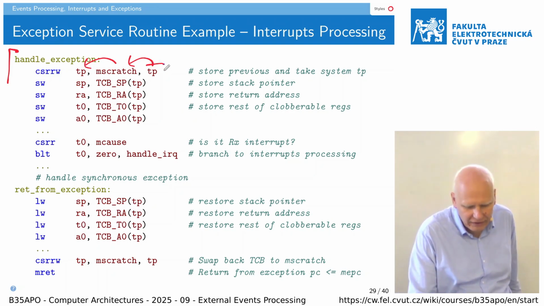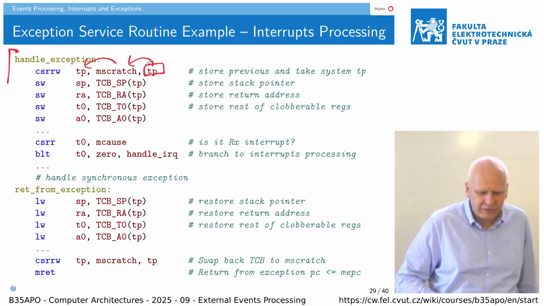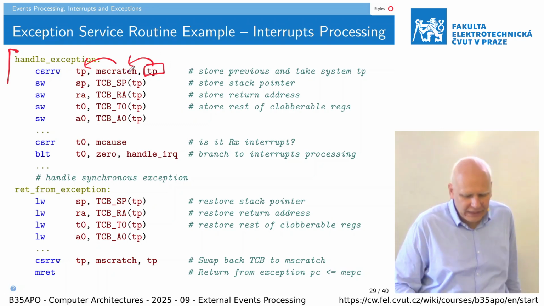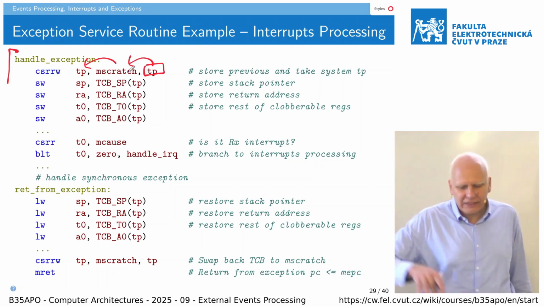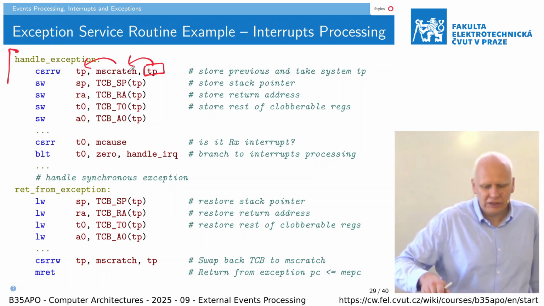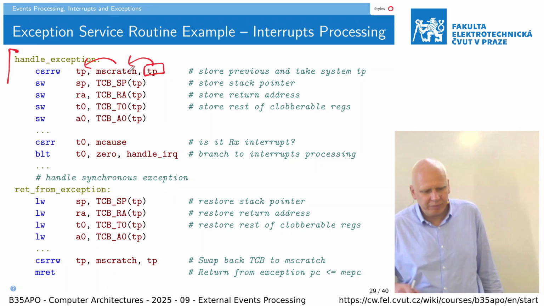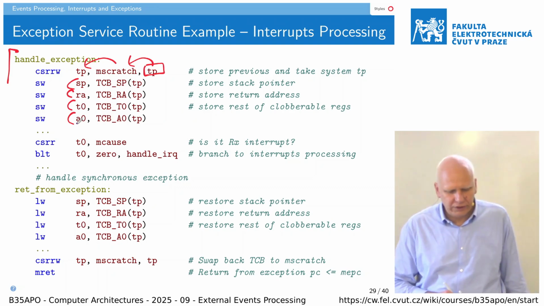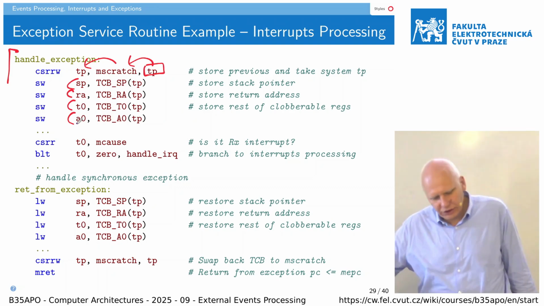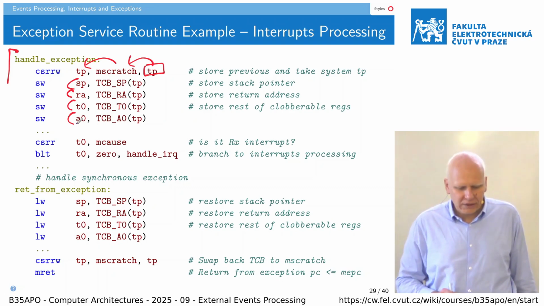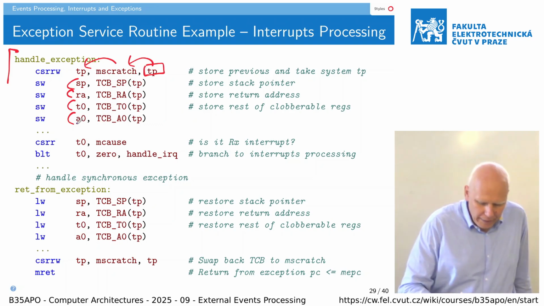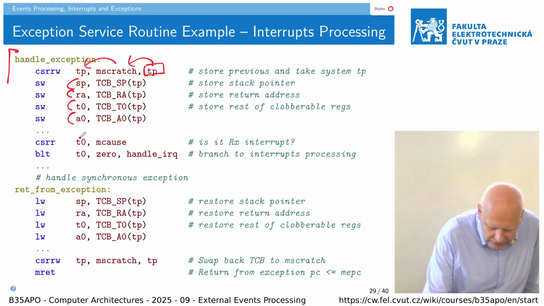So basically one of the registers is switched with that scratch register, which we have set to point to some location in the memory where we have space to store the state of the task. So we store there the state of the registers, which could be overwritten by the processing of the exception. And then, in this case, we